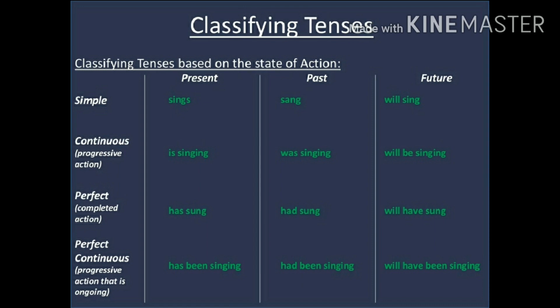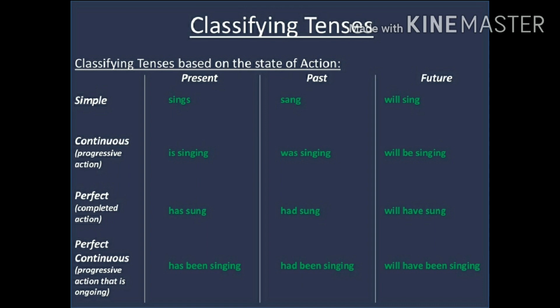Likewise, perfect state. Perfect state means completed. Perfect is which has no shortcomings. Complete, full. So perfect means completed action. So it can be present perfect, that means an action which has been completed in present. Past perfect, an action that was completed in the past. Or a future perfect, an action which will be completed in future. So like continuous talks about an ongoing action, a progressive action, perfect will talk about or denote completed action.